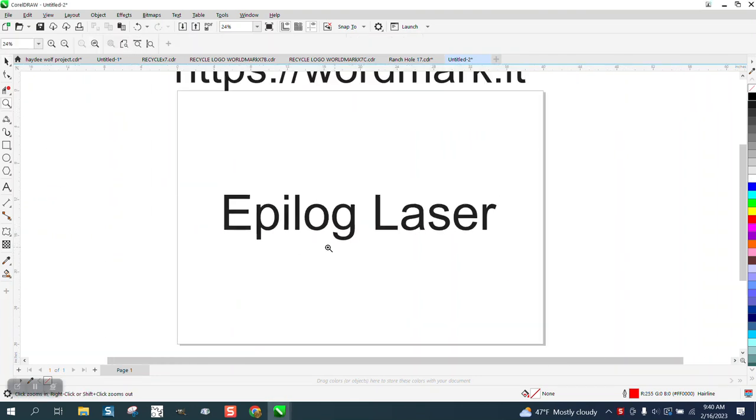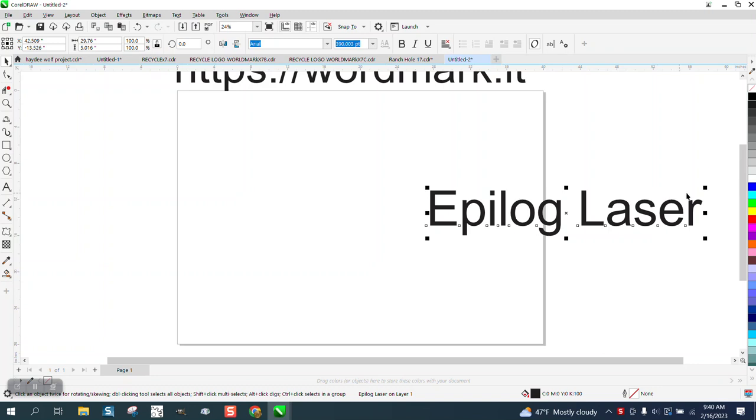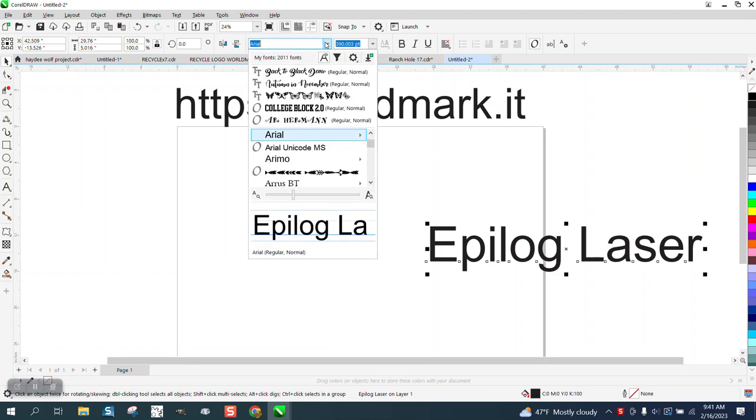This has very little to do about Corel Draw, but it could possibly help you. Somebody posted this on Facebook, and I will have a link to this at the bottom of the page, wordmark.it. So if you want to look at fonts that you have on your computer, you can go and cursor